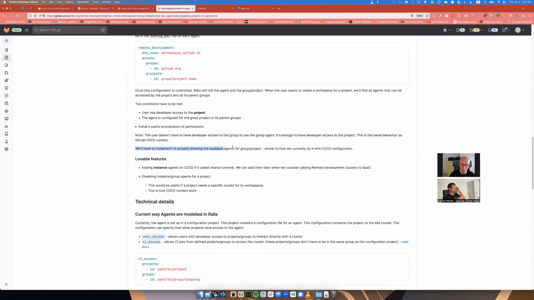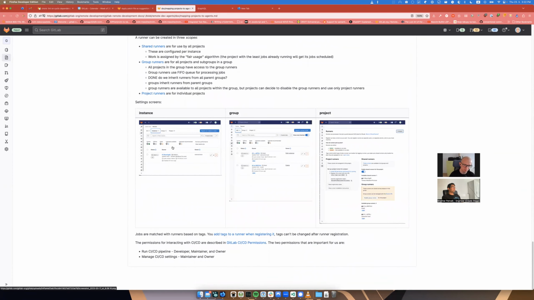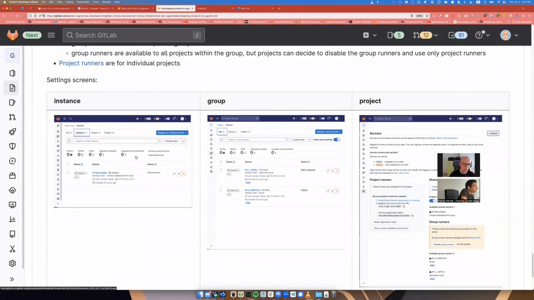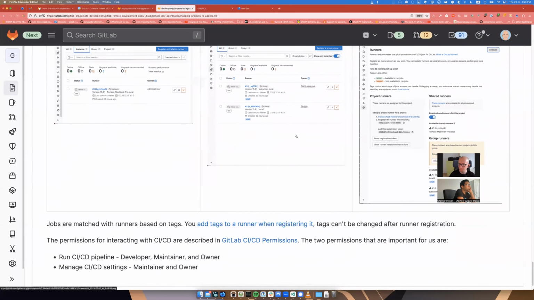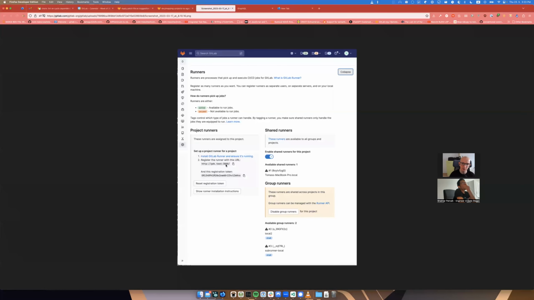We'll have to implement some UI screens showing the configuration. The screens look like this on the instance level. I can probably just make it larger here. So like this on instance level, that's in the admin area. Then for each group, you see in the CI the list of runners for that group. And here you see, and that's the interesting part, I'm going to actually make it larger. Here you see